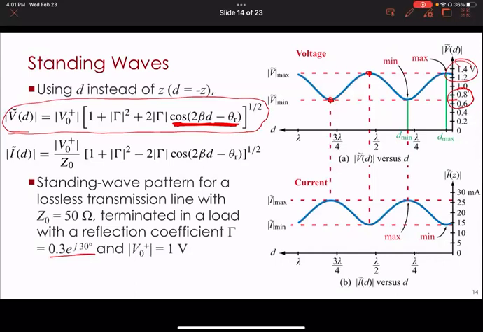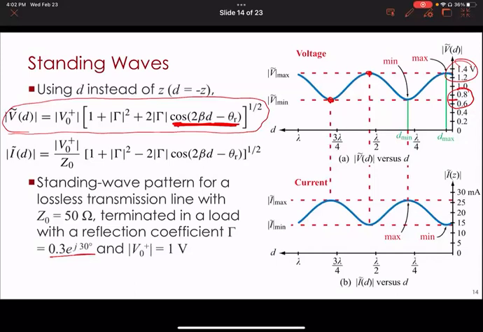So just from doing those two extreme cases, we're able to find what the maximum is and what the minimum is. And those are two of the most important things. That tells us the level to which we are getting constructive interference and destructive interference. Everything in between just depends on the value of that cos 2 beta d minus